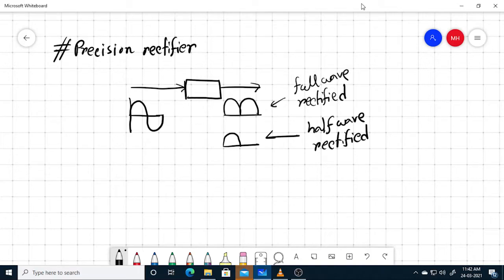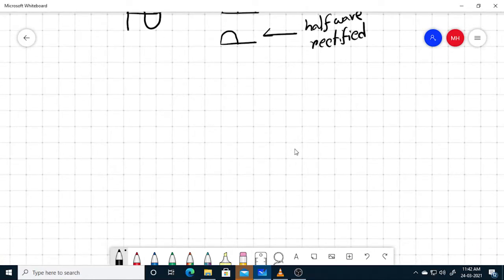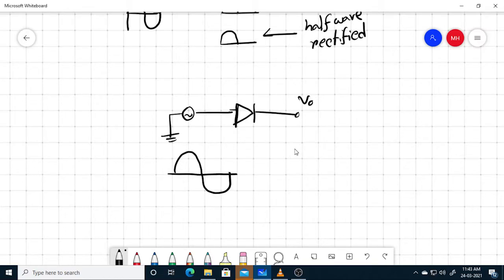So, what is in the rectifier circuit? We'll use a half wave rectifier to understand it. Suppose our circuit is like this. There is a diode, and we have a V in here and a V out here. Suppose our V in is like this, so our output for this circuit will be like this, and 0 voltage for the negative portion. Because of this diode, the negative portion is zeroed out at the output.